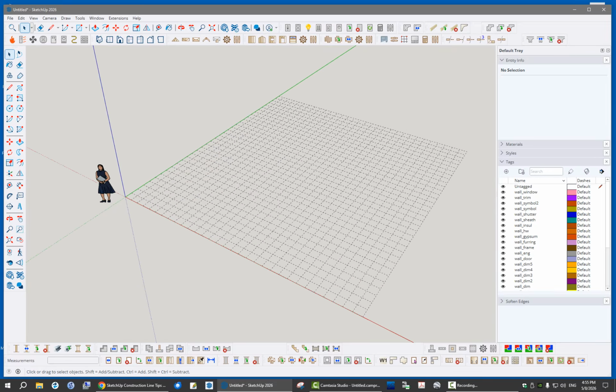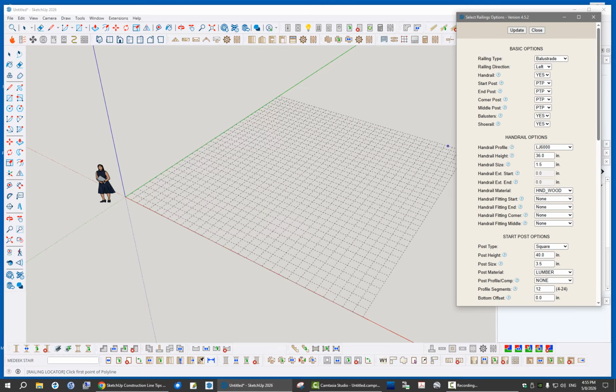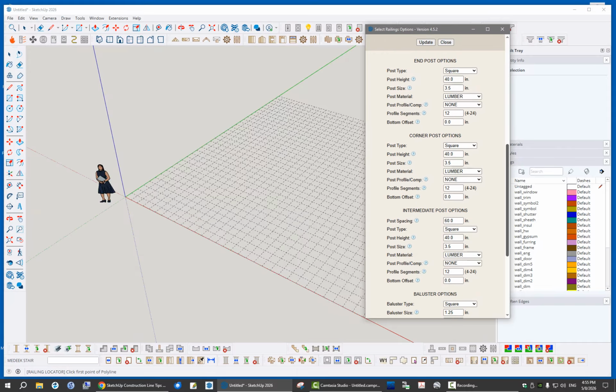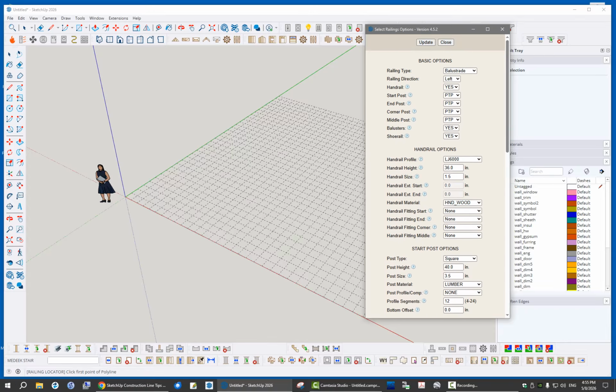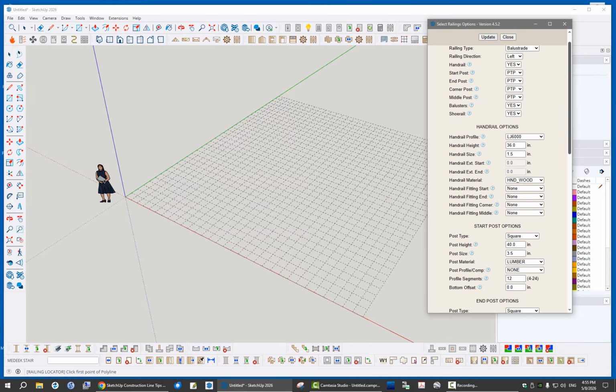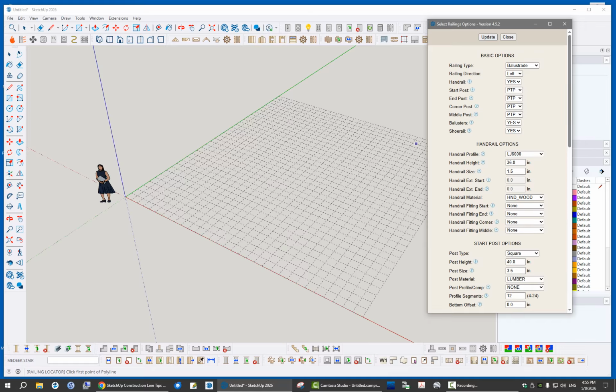All right, so let's jump right in here. I'm just going to go ahead and click this Draw Railing tool. And you'll see right away what pops up here is a fairly complex menu. I apologize that it's so loaded, I guess, or busy, but it is what it is. Basically, if you've got to have the flexibility to do all these different things that you need to do, you just kind of have to have a lot of options. So anyways, all right, so I'm just going to leave the default settings, and I'll get into those here in